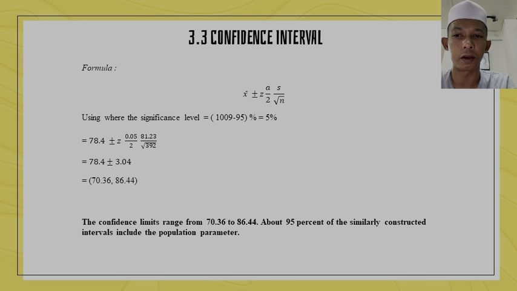Using a significance level of 100% minus 95%, which is 5%, the confidence limit ranges from 70.360 to 86.4040, above 95% of the similarly